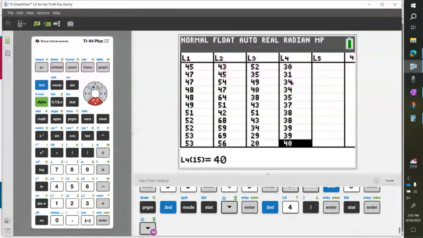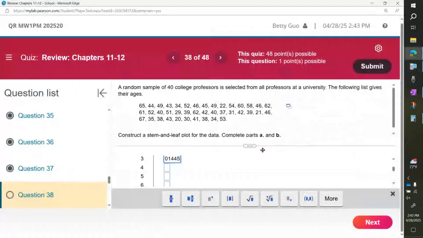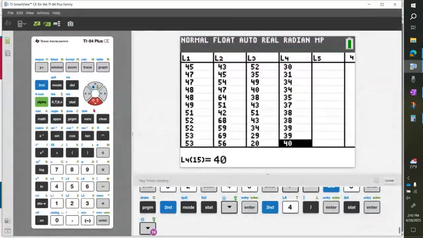After that: 0, 1, 4, 4, 5, 7, 8, 8, 9, 9, right? So 0, 1, 4, 4, 5, 7, 8, 8, 9, 9. Okay. And then for 40s,